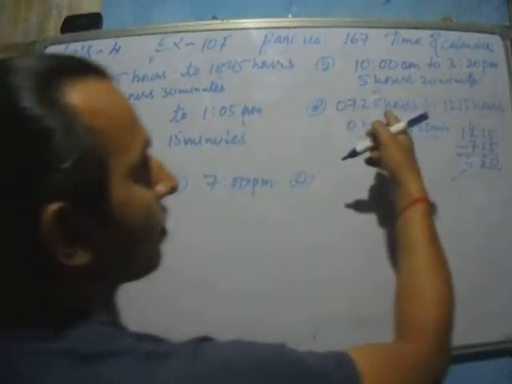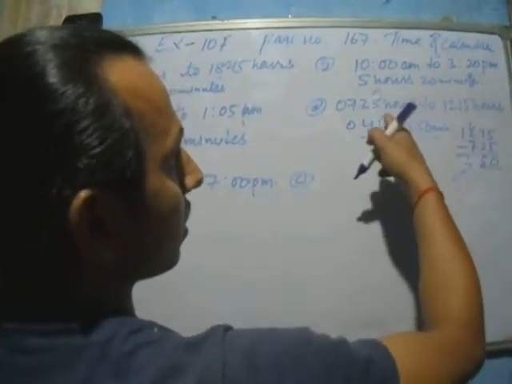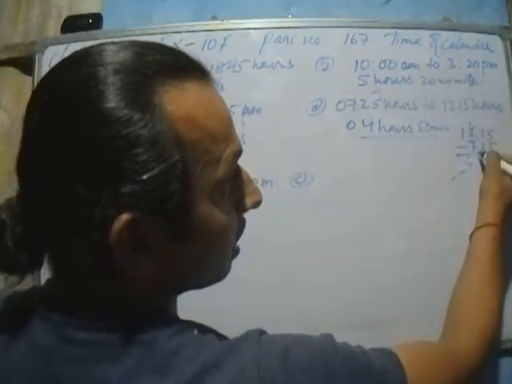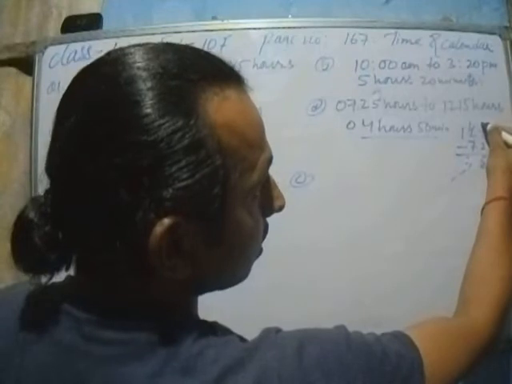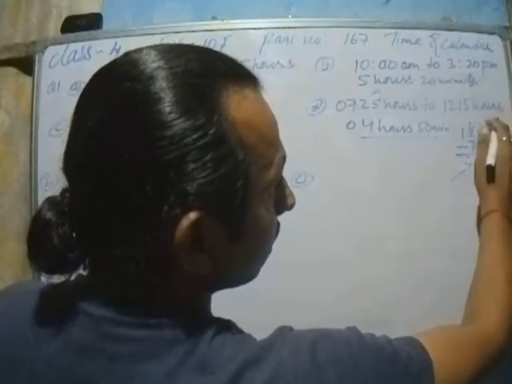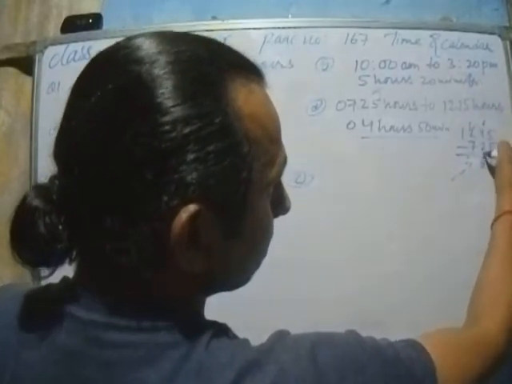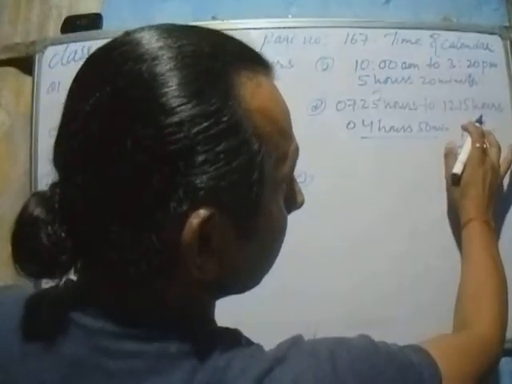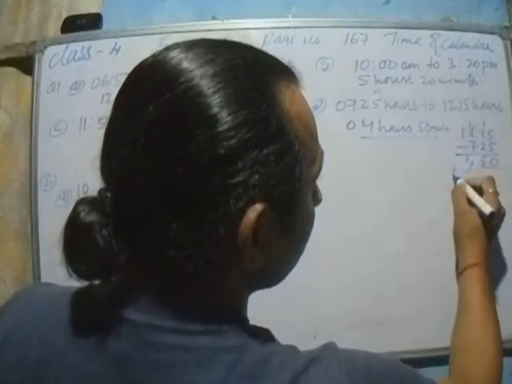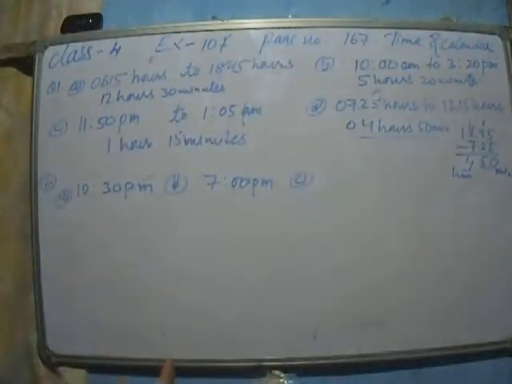So here 7:25 a.m. morning and it is 12:15 noon. So here 7 to 12 is 5 hours. But here 12:15 and 7:25 will subtract. So here it will become 6 plus 1, that is 7. 7 minus 2 is 5. Here 1 is borrowed, but here it will get 6. Then here 11 minus 7 is 4. So 4 hours 15 minutes. This is hour, this is minute. So 4 hours 15 minutes.